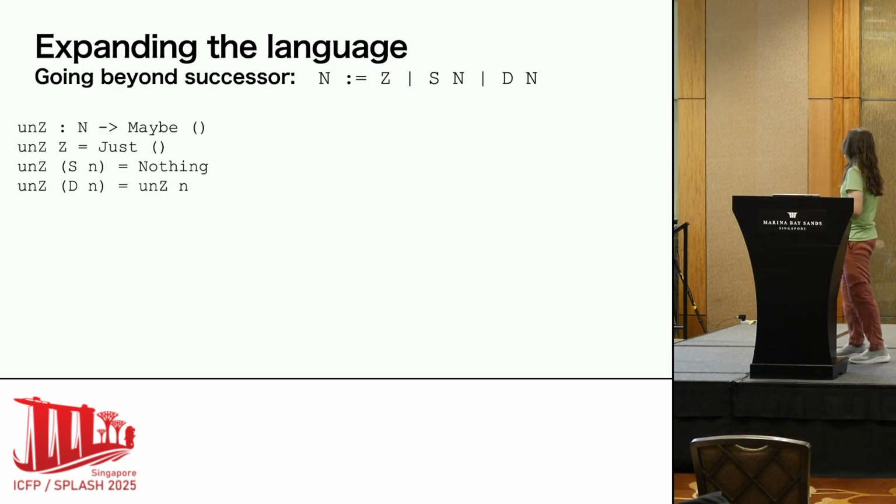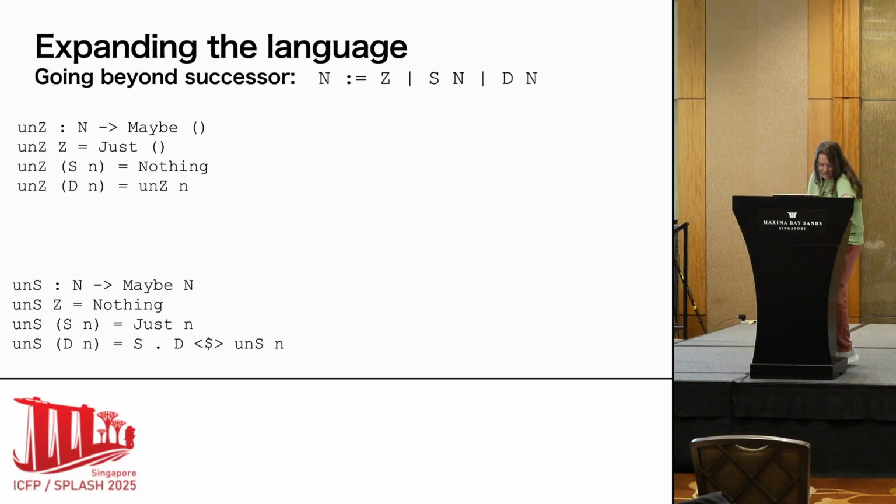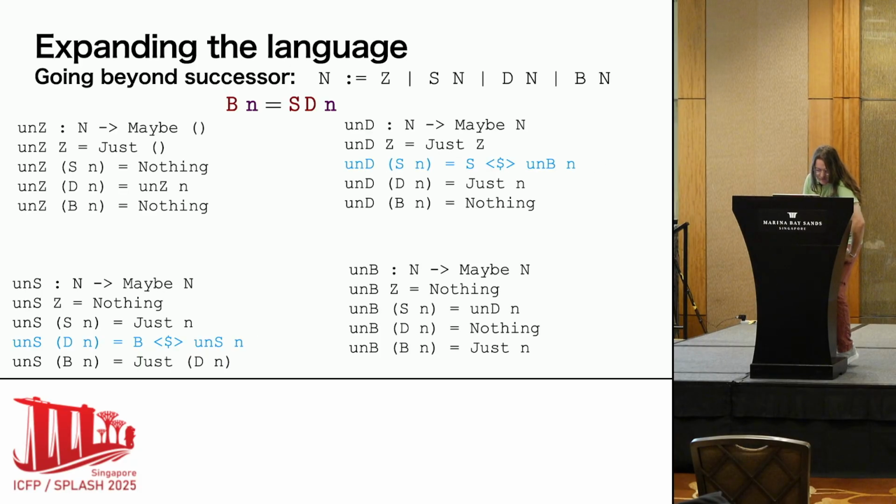So in order to write the type checker for this, we have a bunch of helpers. Unz is asking if a number in our language is z. As has been alluded to, we have 0, successor, and double. Successor in Z has no solution, which we represent as nothing in this pseudo-Haskell, just in black and white, because I don't know how to use the syntax highlighter. But double is 0 when it's double of 0. And we can peel off successors and doubles as well.